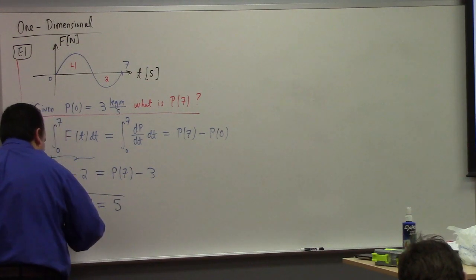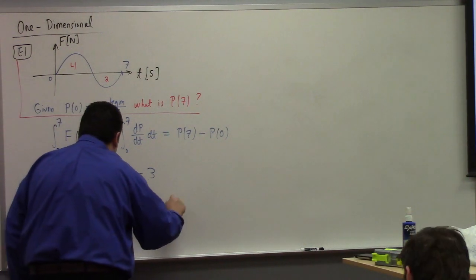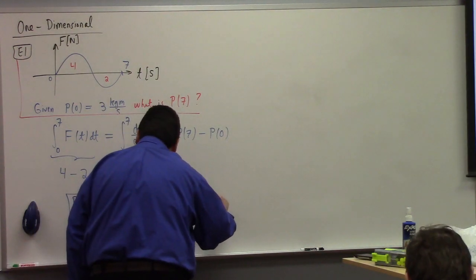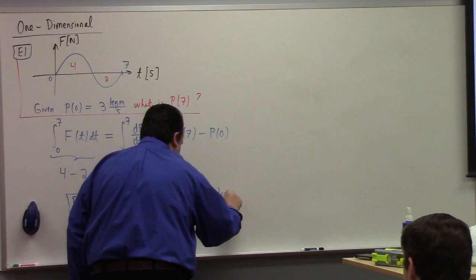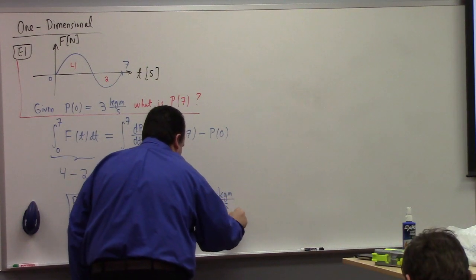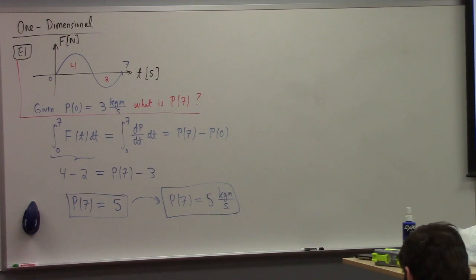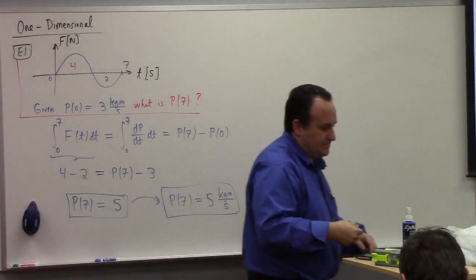And there you go. Now, of course, I always feel guilty here for not putting units in the answers. So that is, of course, 5 kilogram meters per second for this problem. All right. So if you're given a force versus time graph, you can figure out the change in momentum from something like that. All right?